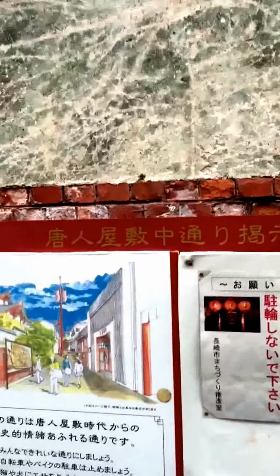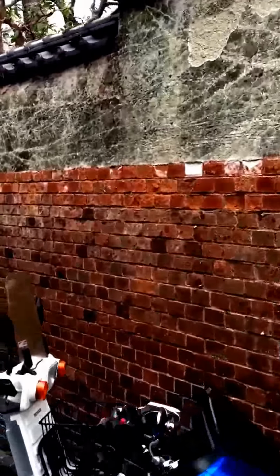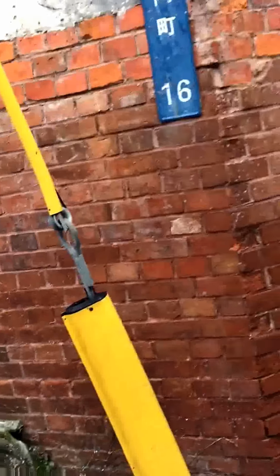This is me doing a voiceover of my trip around the shrines around the Chinese Quarter in Nagasaki. Just for a little bit of history information, these shrines were built during the Sakoku era of Japan, which is also called the Locked Country, where they decided to be isolated from the world before they allowed foreign travelers and traders into Japan. This was during the Edo period in about the early 17th century, and it didn't change until